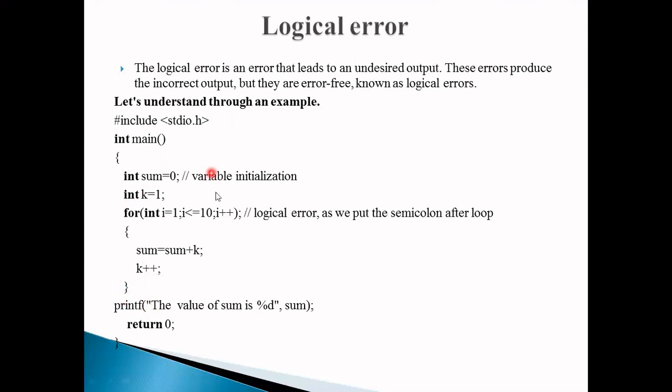So in this example the logical error occurs. Here we take for loop int i is equal to 1, semicolon, i less than or equal to 10, semicolon, and i plus plus. After the bracket we take a semicolon. Why do we use a semicolon? Because it indicates end of the statement. That means the loop does not work properly. That type of error